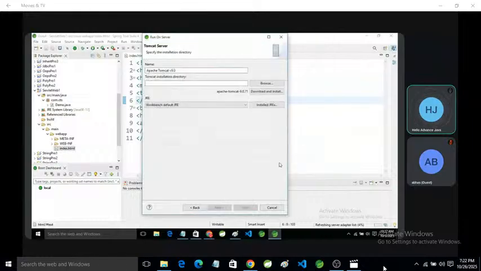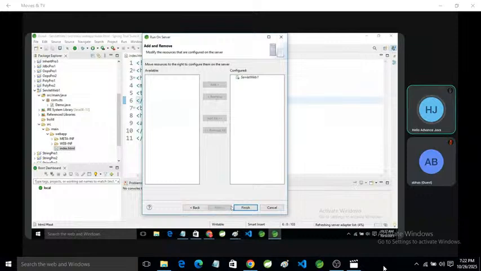Select folder. Click on it. Click on next and click on finish.